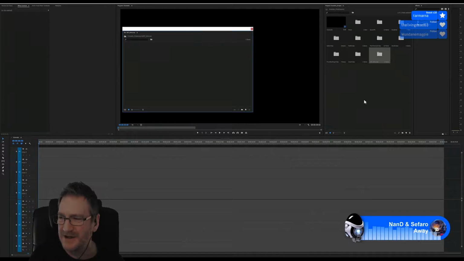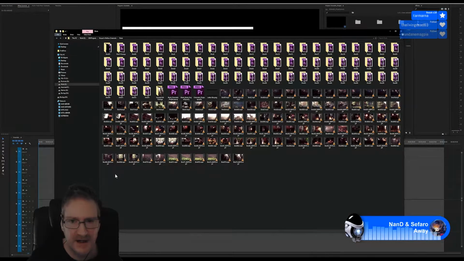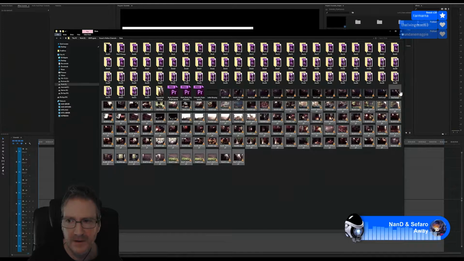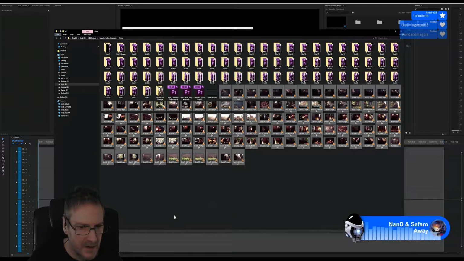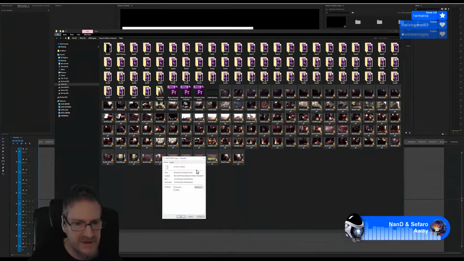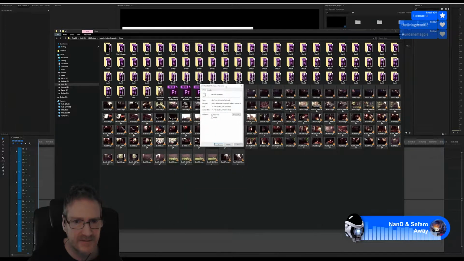Sorry, Andrew Doss, that says how much storage are the shots taking up? Let's have a look. I actually have never looked. So far the shots are taking up 14.7 gigabytes. So almost 15 gigabytes.